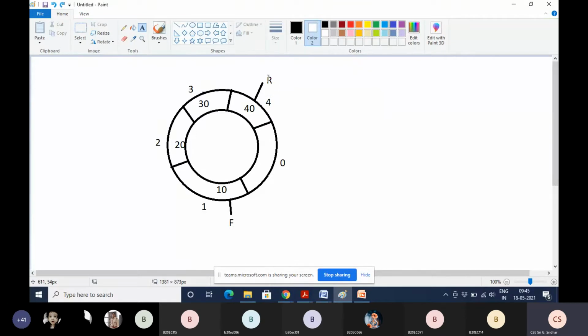We have to set rear to 0. Is it right or not? For insertion.